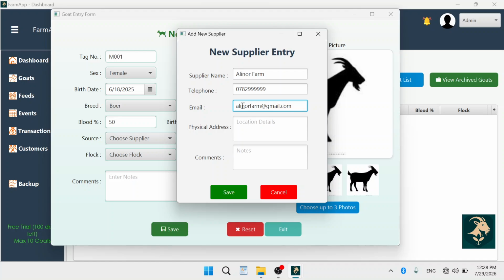This is for just record purposes. It's not true. Their physical address is in Luwero, Uganda. And the comments,